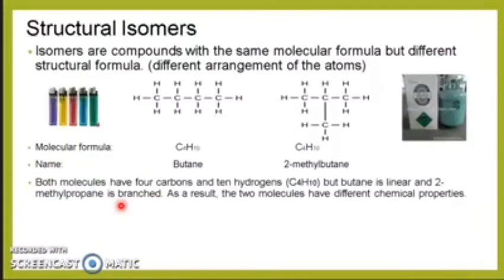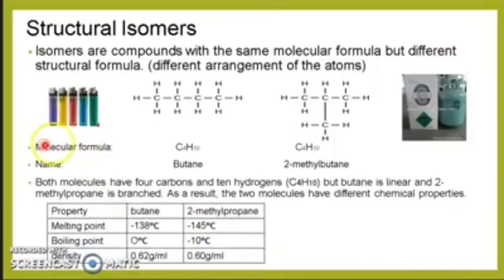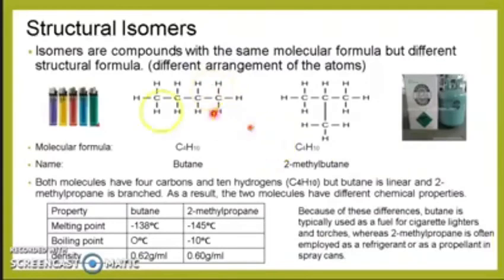The first one is used as a fuel for cigarettes, for lighters, and the second one is used as a refrigerant. Now, if you notice the melting point of butane compared to that of 2-methylpropane, you can see that the melting point and the boiling point decrease as we have more branches,